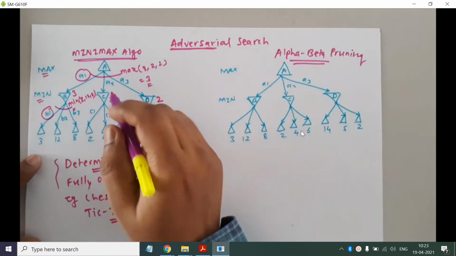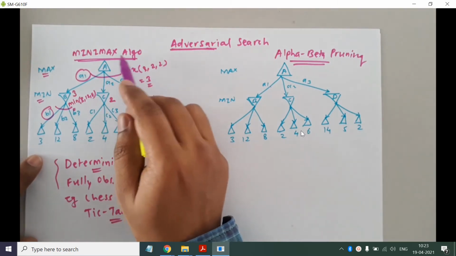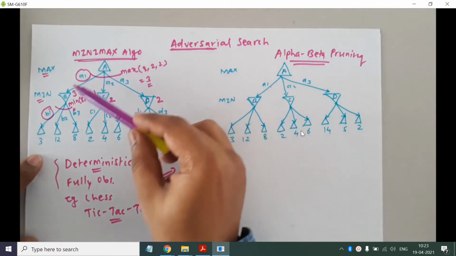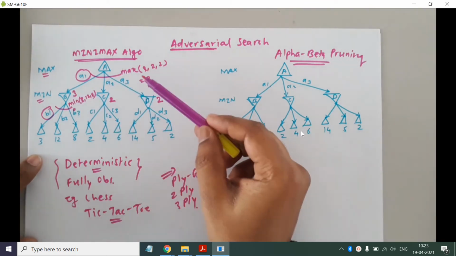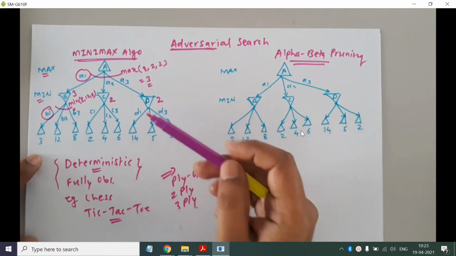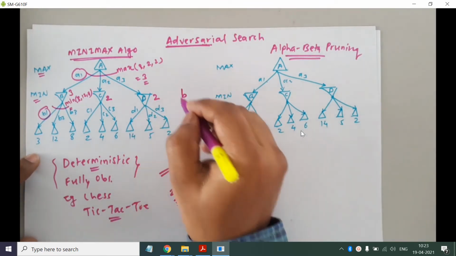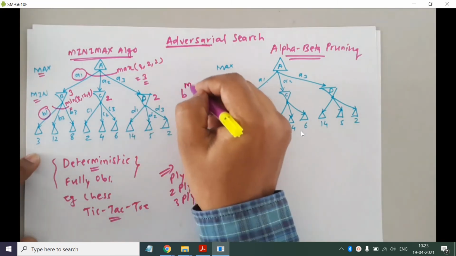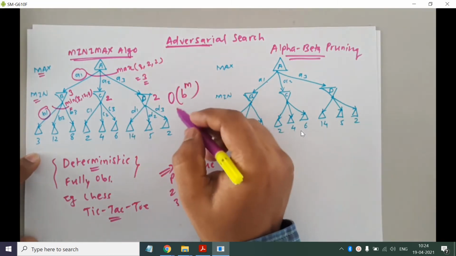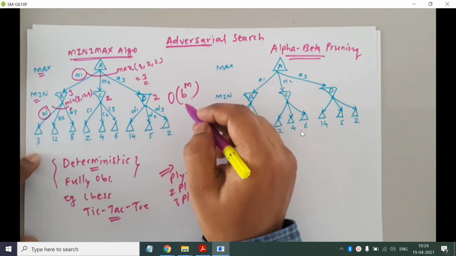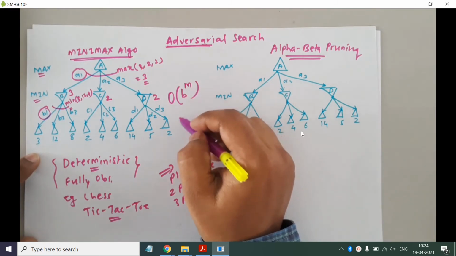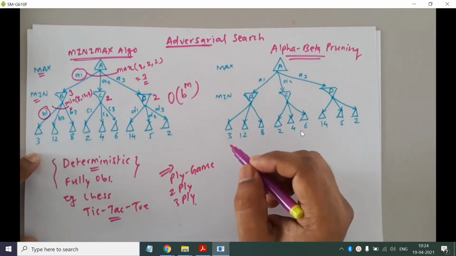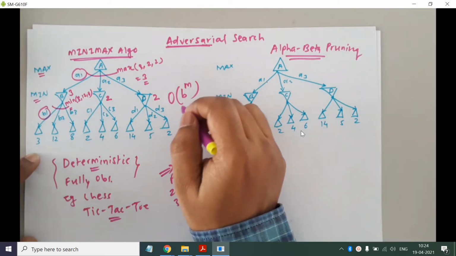One thing to notice in the minimax algorithm is that it follows a brute force approach. It has traversed the entire game tree in order to find the optimal solution. Every branch is visited. Okay, so if the maximum branching factor is b, and the maximum depth is m, its complexity will be order of b raised to the power m, which is exponential, right? So we don't want exponential algorithms. We talked about this when we discussed unit number 2, right? Okay, so we don't want this.